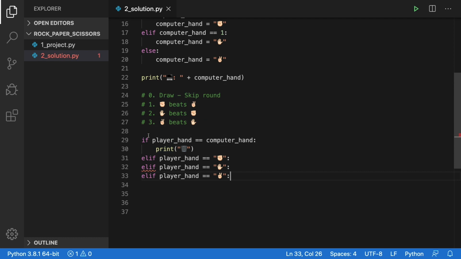So this is the surface, the skeleton of our game logic. Let's see the first case when player hand is rock. My job is to find what beats rock, and it is paper. So if player hand is rock and computer hand is paper,